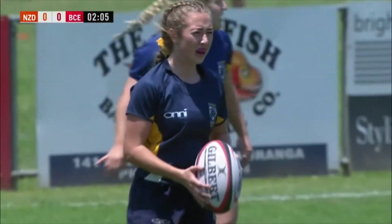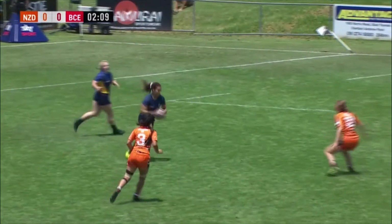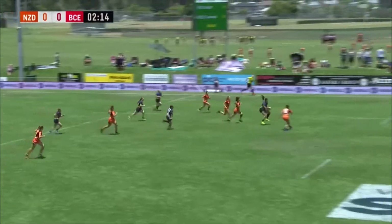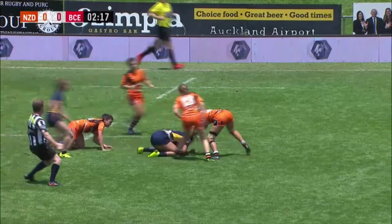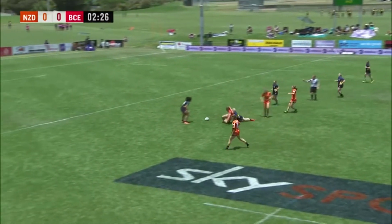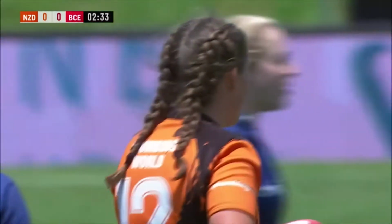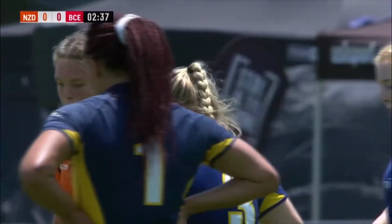Did look a little bit like she might have taken the tap, but anyway, the referee was happy to go again, and so here come the Canada team. Good run this from Olivia Dakota. The Dutch side intercepted, almost threw the pass right into the hands of the New Zealand Dutch defender, who lost it forward. Almost a freebie there, Batesy. Almost came too easy and almost got the lollies there,